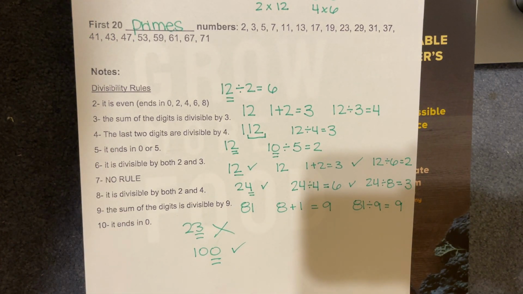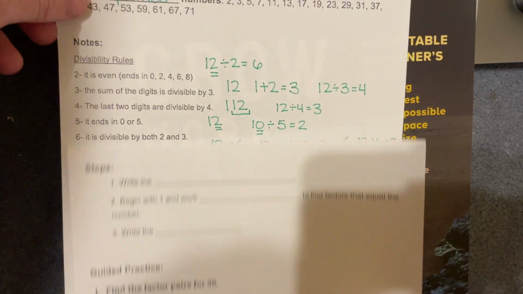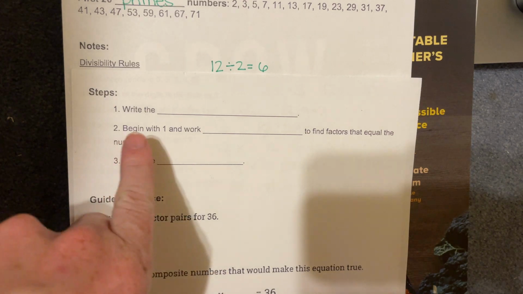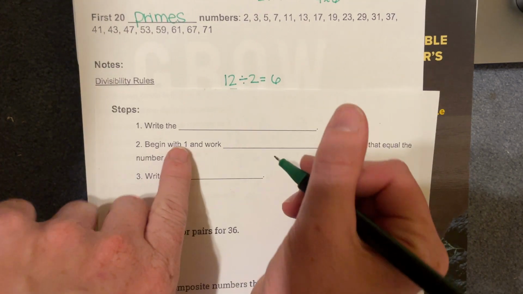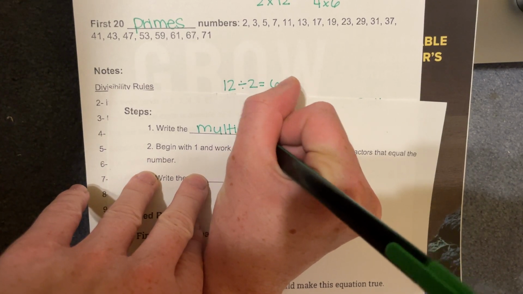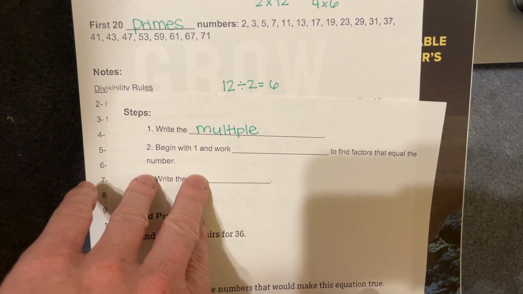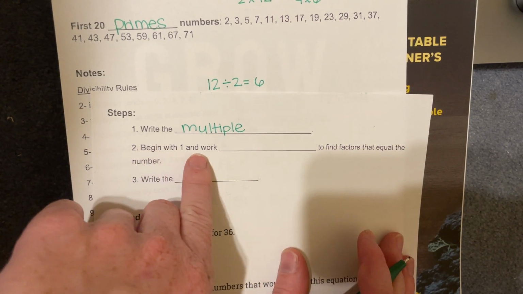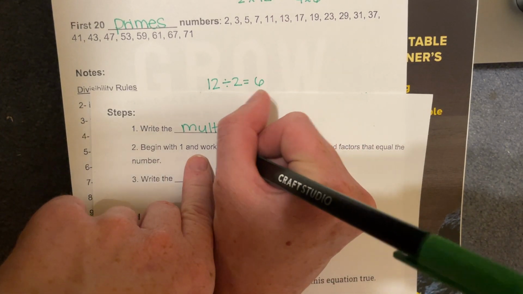Okay, I am getting out my steps. Sorry, this is a little bit of a longer video. Step number 1 says write the multiple. And remember, that word multiple is the same thing as product. So write the multiple. Step number 2, begin with 1 and work systematically